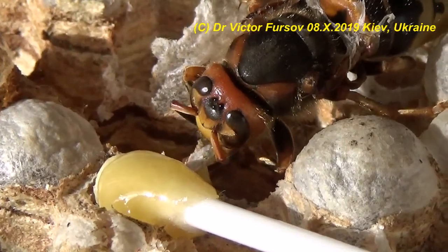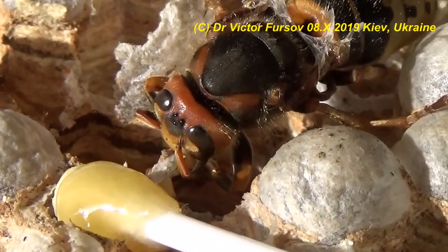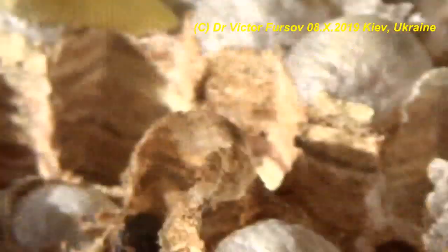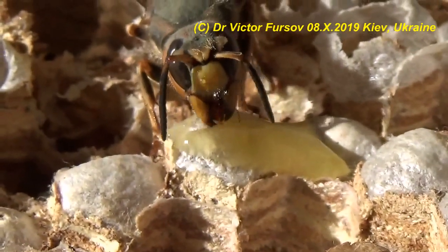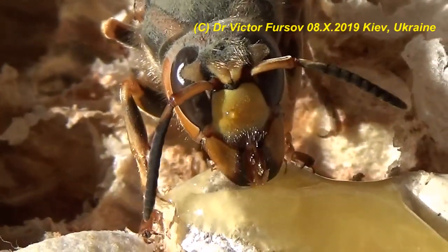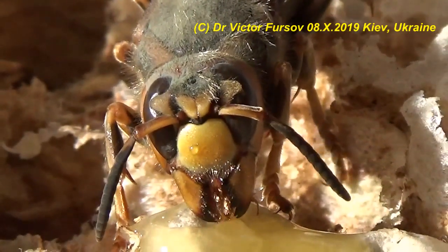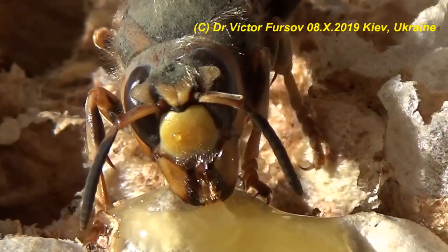And these two girls were just feeding. I can try to make a bigger magnification, but this one turned its head. It's another one coming, with sunshine, but a dirty head, which has not been washed, by the way, because usually